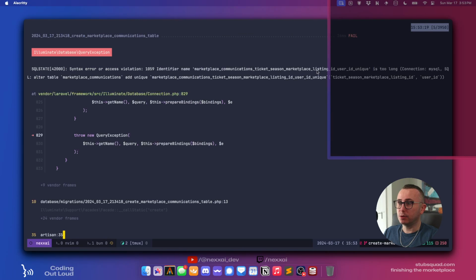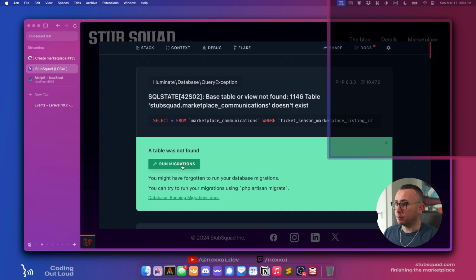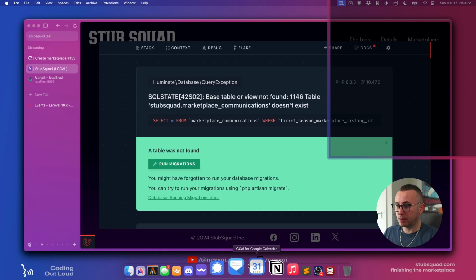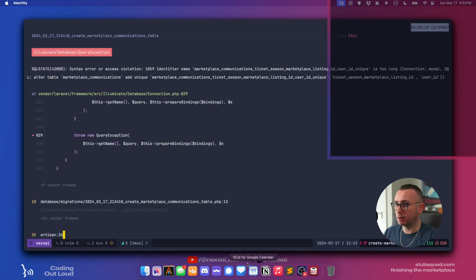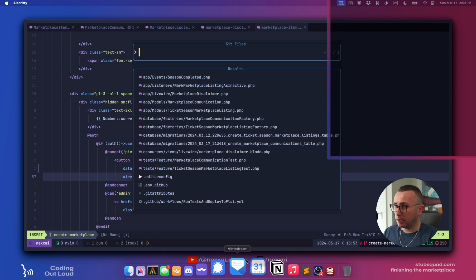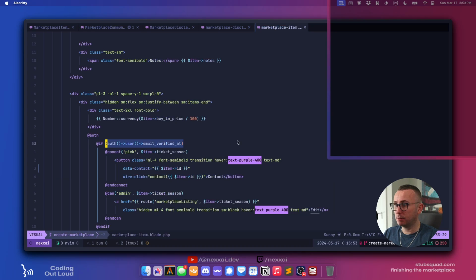Identifier name is too long. Fantastic. Okay, so we can give it a different name. Let's go back to here, and we will go into the marketplace communications table.